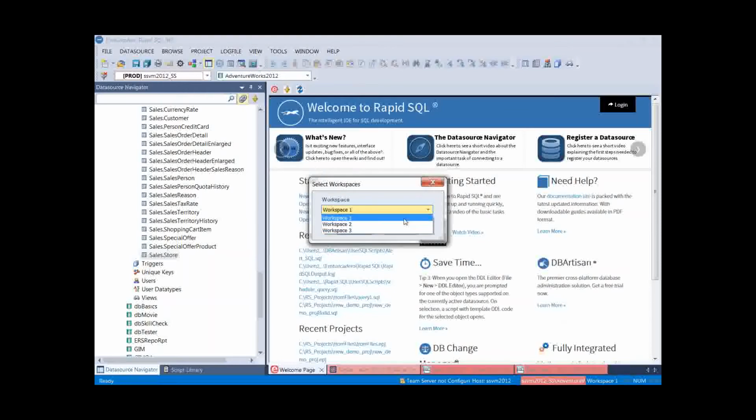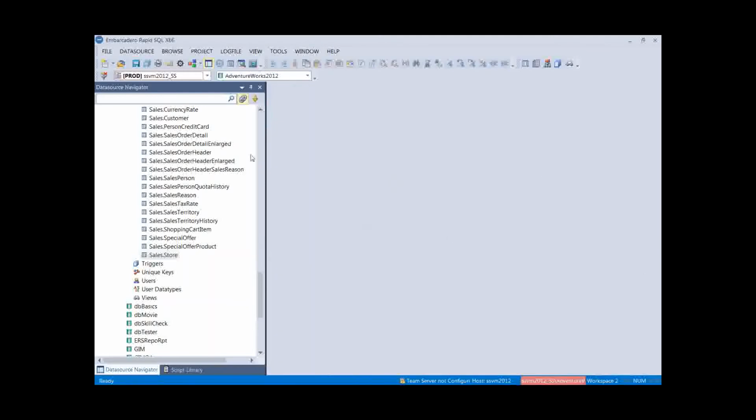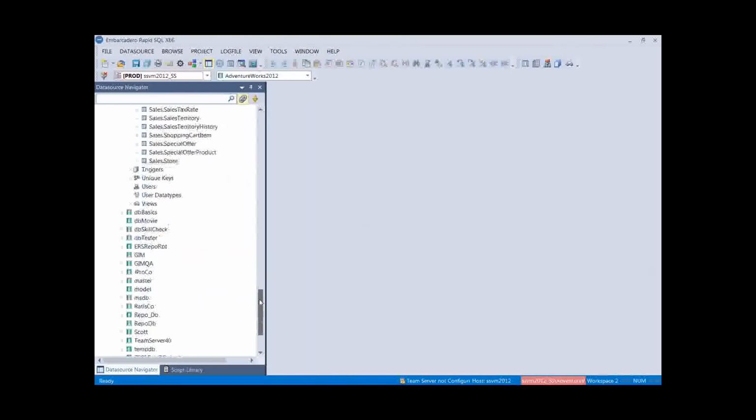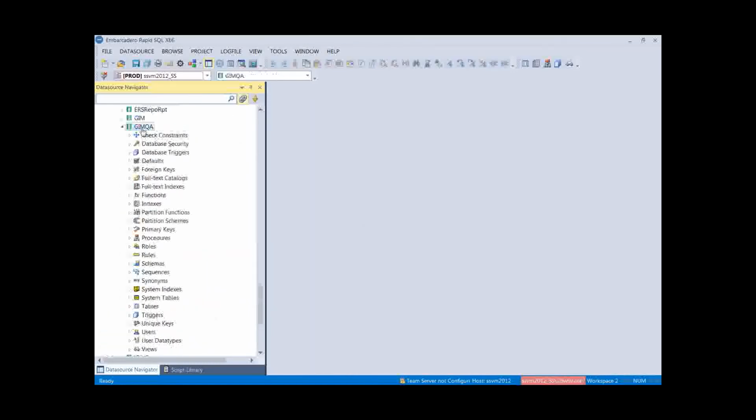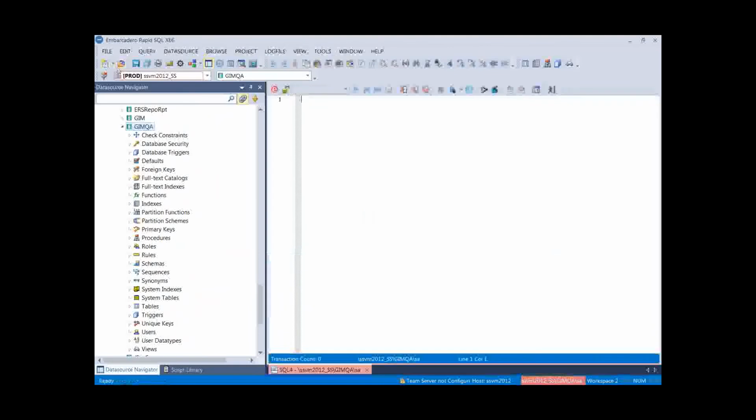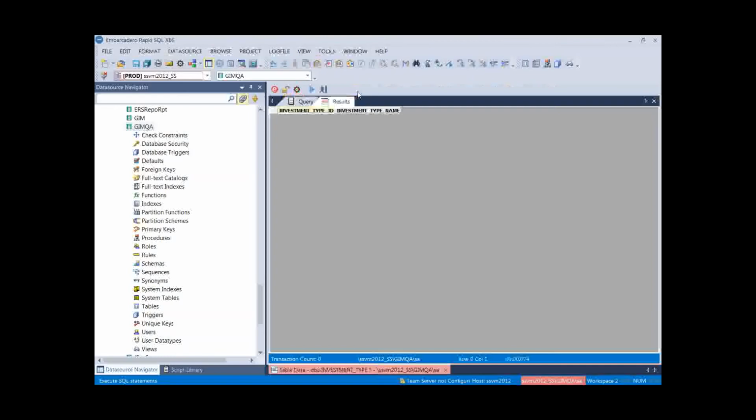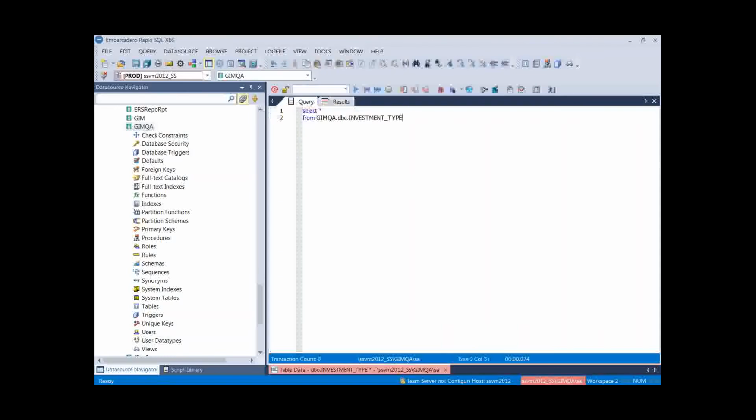So I'll give you a little background and use case on why I do this. So workspace 1, I'm focused right now with my AdventureWorks on my local SQL server. Workspace 2 will set the current. You'll notice that I have nothing here. So my workspace 2, that's where I'm going to spend time in my QA environment. Right? So let's open up a new iSQL window. And we'll get an investment type query here. So now we're good. So we have my queries running in my workspace 2, as it shows in the lower